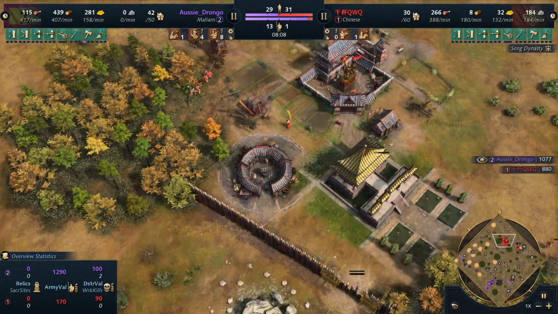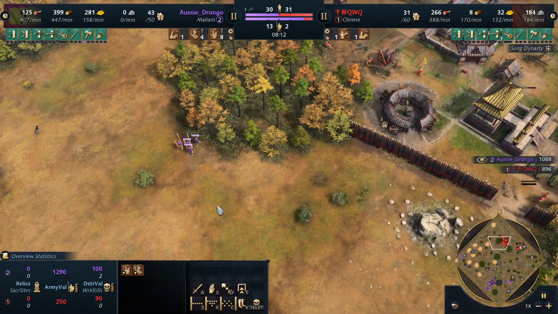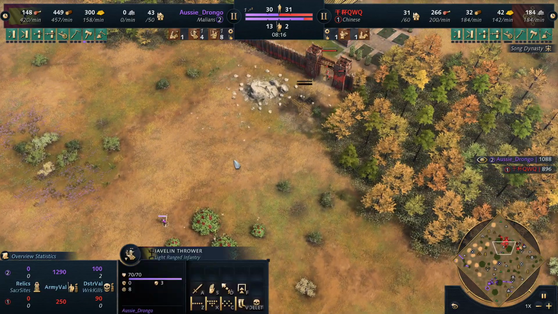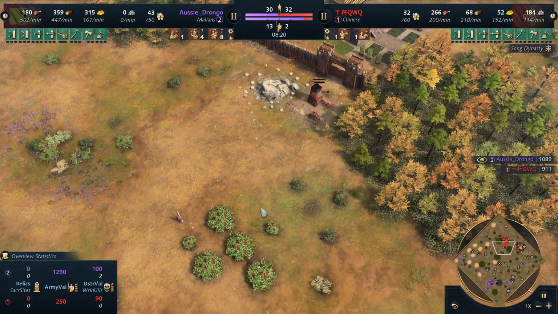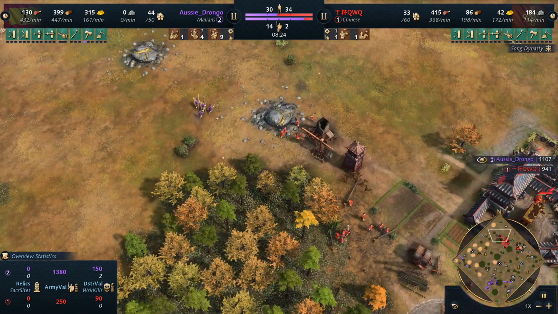I mean, he's very low on wood at the same time. So he's going to be moving to the front stone here. But Drongo, he had a good position over here. We can see he's got one javelin thrower over here, so we're going to have to see if he spots this out. I mean, that'll be pretty huge if he does, but yeah, Drongo just looking to put quite a bit